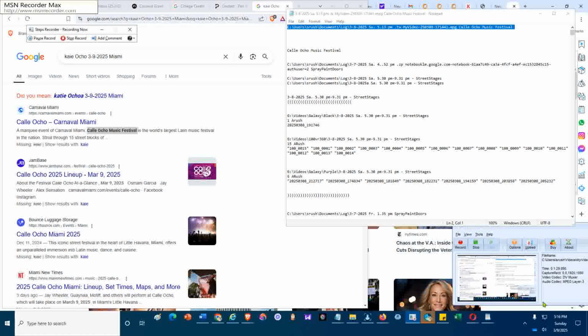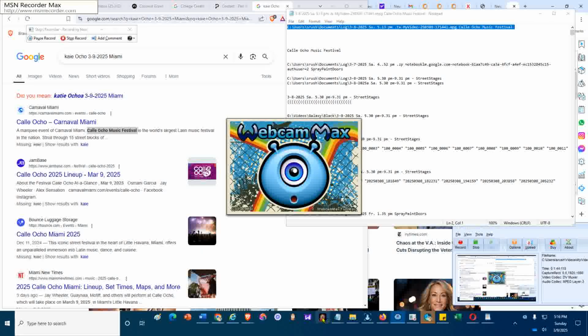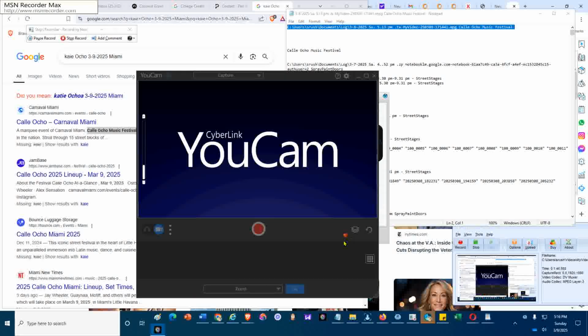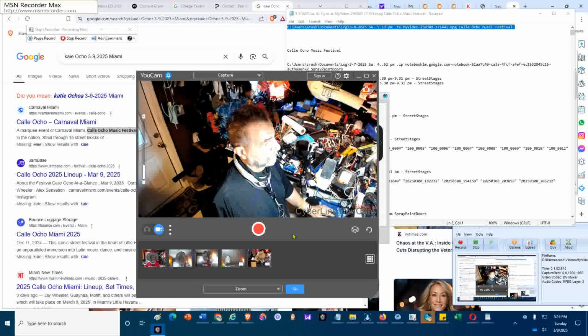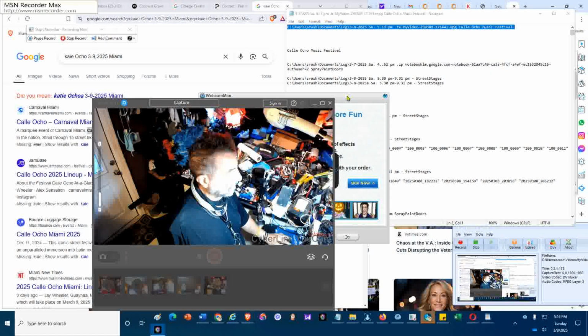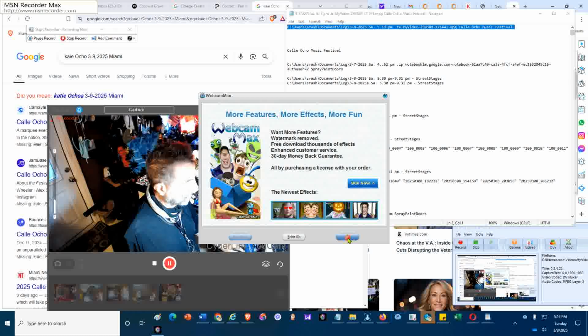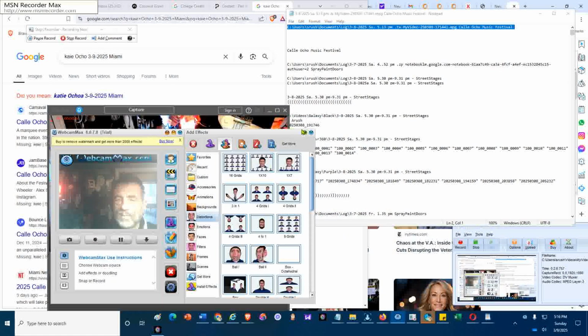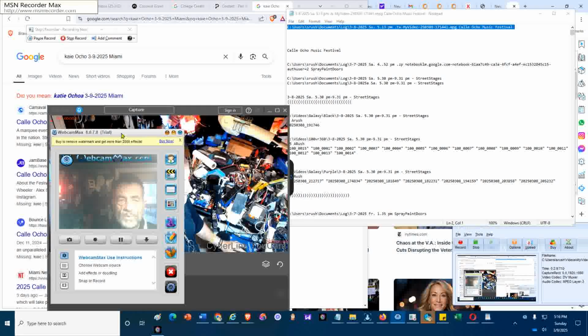okay, and then open some camera software so I can use it as a mirror to see what I'm doing. I'm going to start with the MSN Recorder Max and UCam. I want to try version, and I'm going to start recording here from one camera, and the other side I want to use the try version, and then I want to close the special effects,